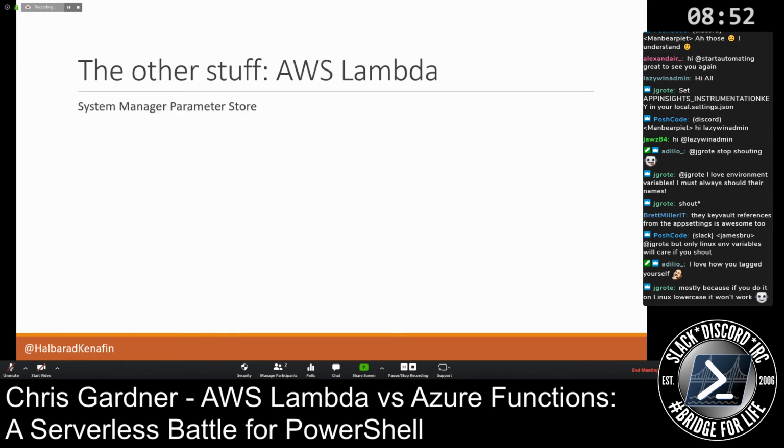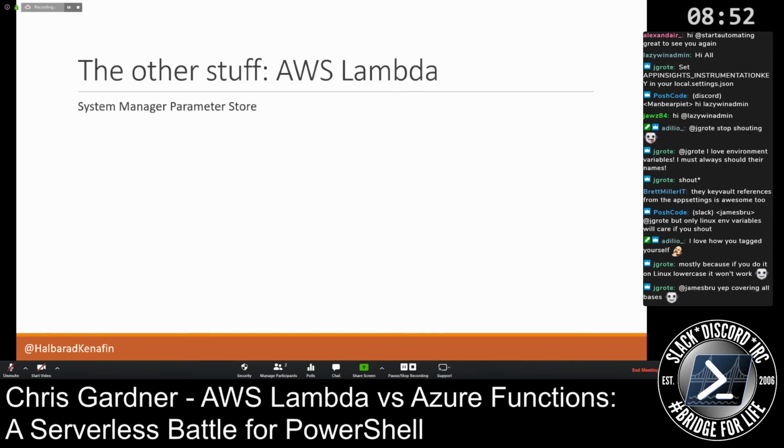It's got Systems Manager Parameter Store. This thing is really interesting. It's kind of like Key Vault in the sense you can store secrets there, but you can store a bunch of other different data types there, just like plain old strings. So that's pretty cool for dumping configuration you might want to change between runs or without necessarily redeploying your Lambda. Because you can store strings, you can store JSON. And because JSON is pretty useful, you can pull that down to PowerShell and do stuff with it.